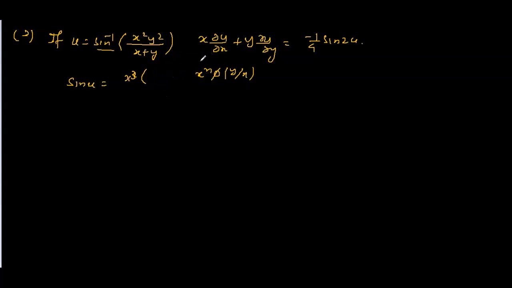So x power 4 you have to take outside. If you take the x power 3 outside here, we will not get y by x, this total whole square. For the whole square we require x power 2 here. So x power 2 and x power 2 are already given, so x power 4 you have to take, then it becomes x square y square.